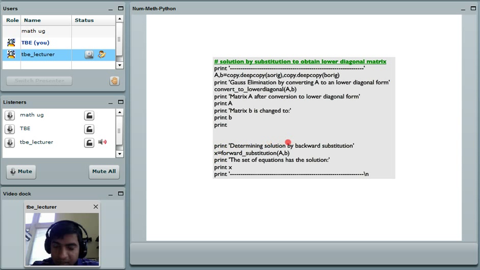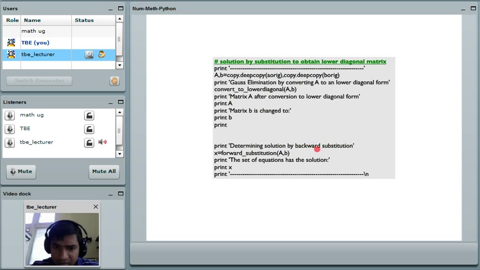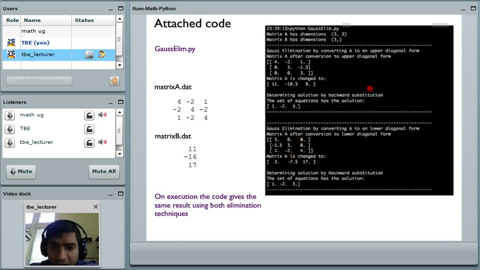and then again now it determines solution by, this should be forward substitution. This is backward, so this should be forward substitution. So this method is forward substitution. So you have to read this as print determining solution by forward substitution, and you have x equals forward substitution of a comma b, and finally, if you go here, they all run